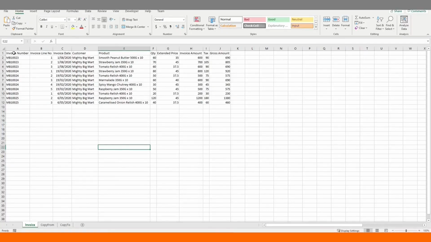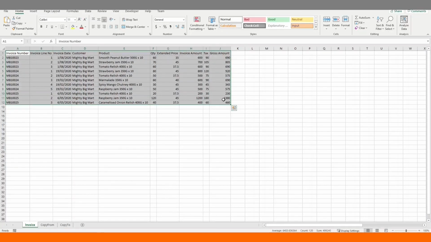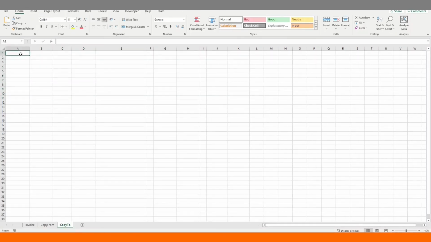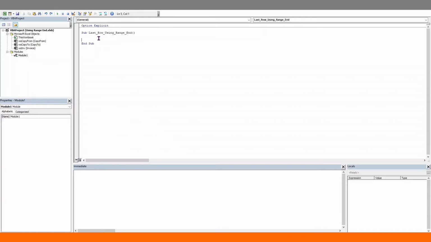Here, we'll identify a range of data as we did in our previous example, and we'll copy it over and paste it into a new worksheet. Let's clear the contents on the destination worksheet first. So just cells.clear, and we'll get the last row of the range that we want to copy and identify the data range that we want to copy. And what do we want to do with this?